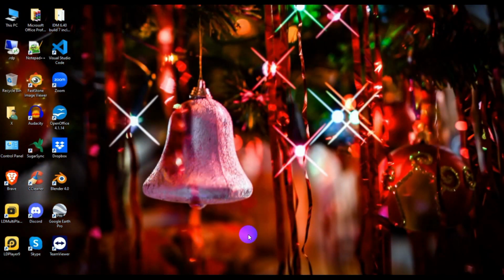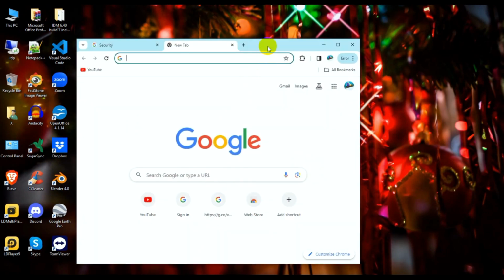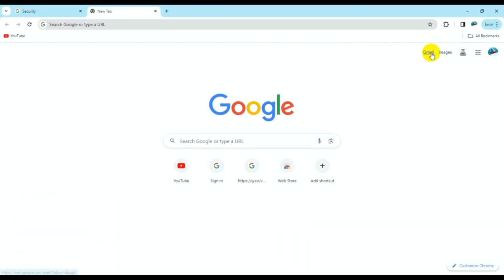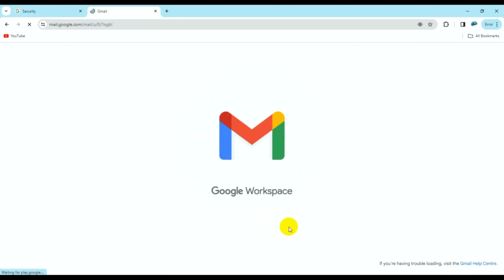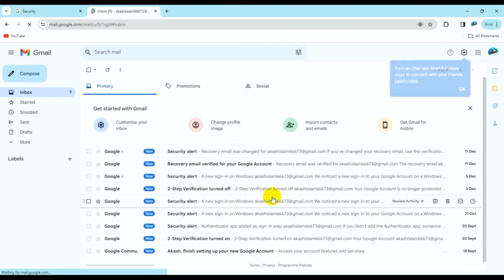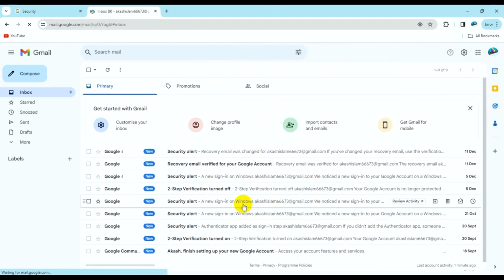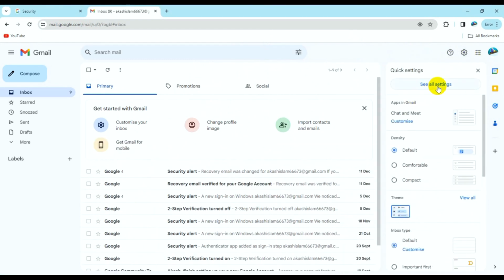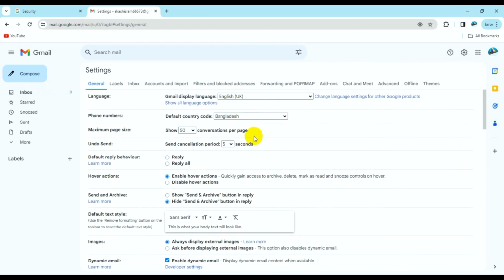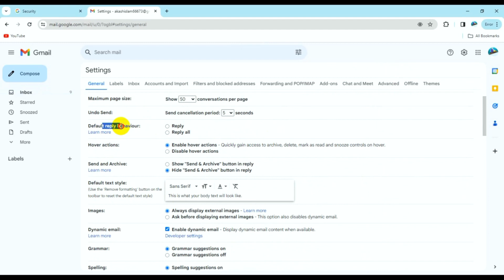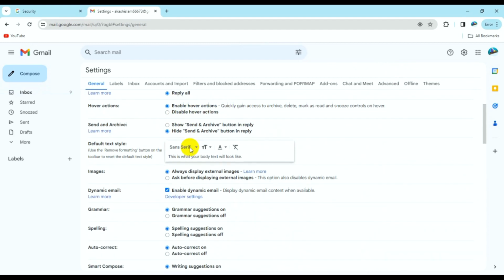So guys, I open just the Google Chrome browser, click full screen, and click the Gmail account. So opening Google Workspace. Okay, I'm just trying a new Gmail, so no thanks. Okay, so click settings and click see all settings, and scroll down to default reply behavior, so reply all, and scroll down